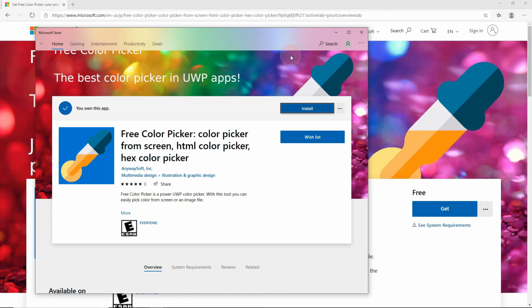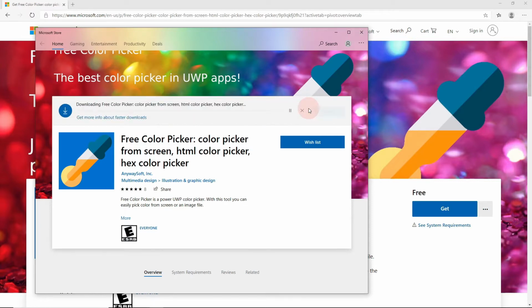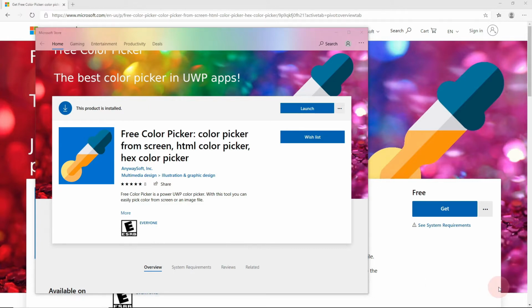Now once you get to the Microsoft Store, it's going to bring up this screen, and you're going to want to click on this big blue button that says Install, and that will download and install this free color picker to your computer. This is a fairly quick installation because it's a very small app, and once it's finished installing, you should see a message down here where you can either launch the free color picker or pin it to start,